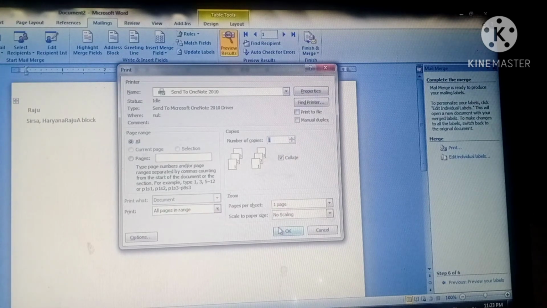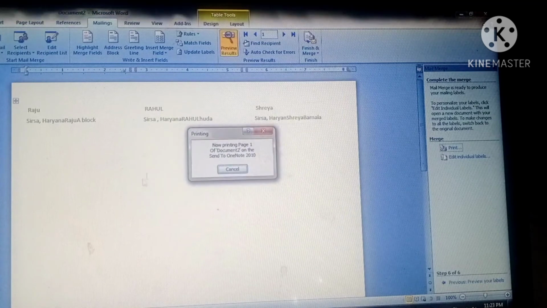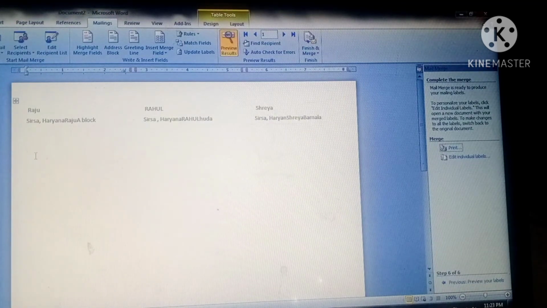Now you can take the printout of this page, and after taking the printout, you will cut all the addresses like this, like this. You will cut all the addresses from here to here in a rectangle, here to here in a rectangle, here to here in a rectangle. So that you will have the 3 labels, and you can use these labels to paste the addresses on the envelope of the persons to whom you are sending your letters.